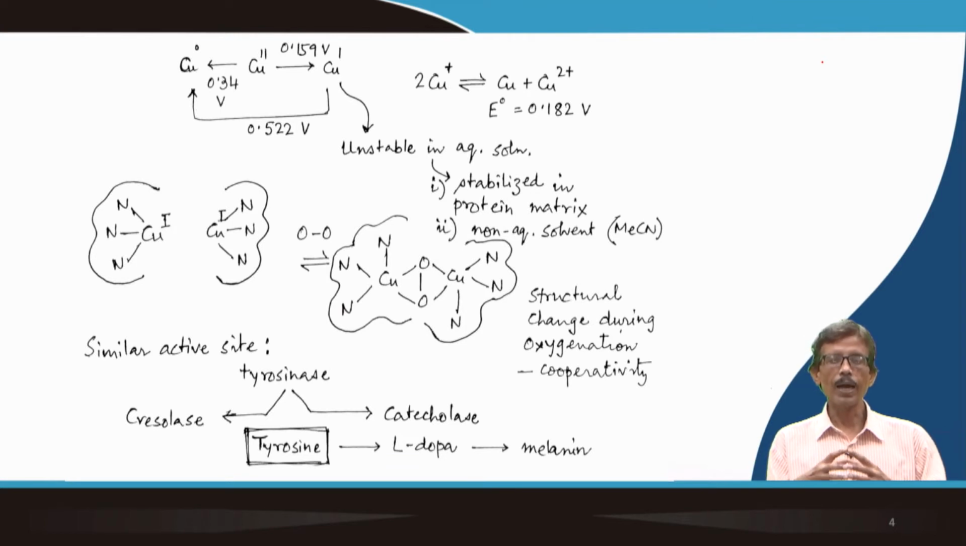So, how to stabilize this cuprous state, which is unstable? It can be stabilized by the protein matrix such that all these reactions in water medium are hindered. The water molecules cannot have access, and it cannot go for these disproportionation reactions. Sometimes copper 2 also can be stabilized in the protein matrix or some non-aqueous solvent. If you remove the water medium and go for a non-aqueous solvent like acetonitrile, MeCN or CH3CN,